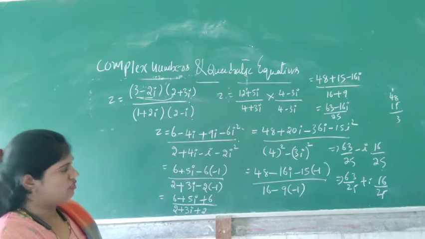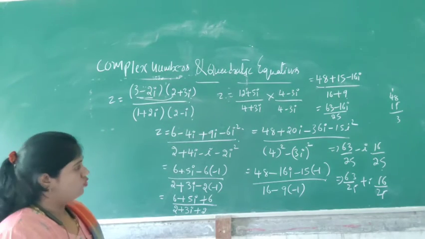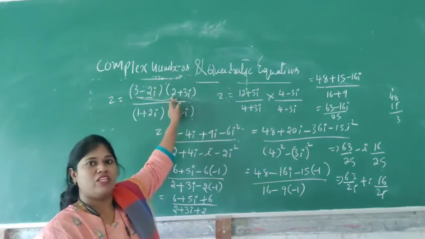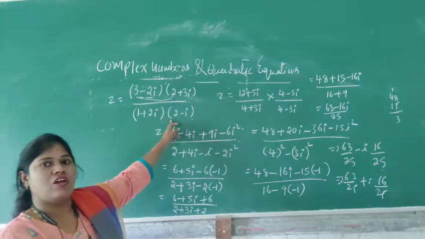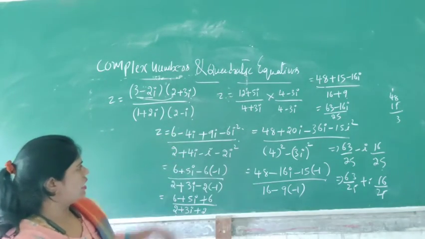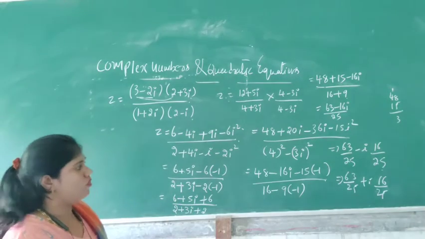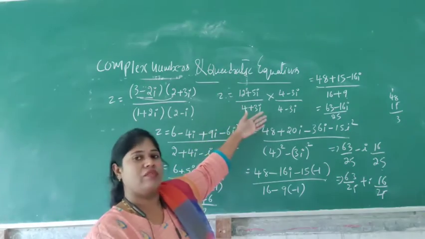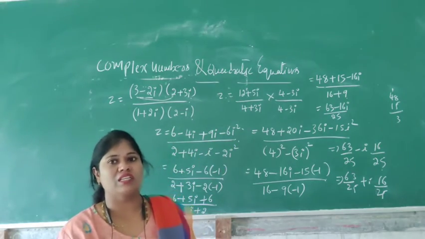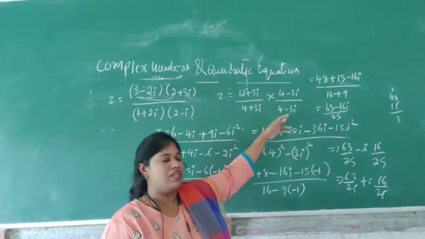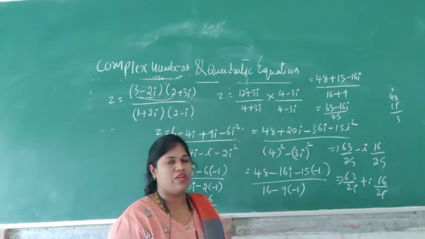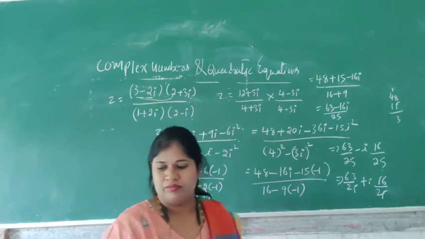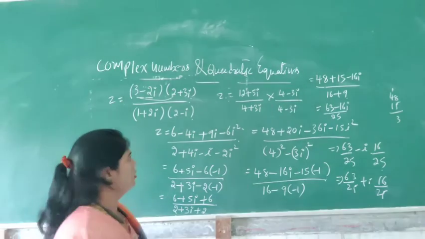The students practice this one only. Don't be confused over here. So multiply in the numerator, so in the denominator also you multiply. So you get like this. Okay, each term you multiply properly, slowly. So you will get like this. After this, you don't stop here only. Okay, you have to still rationalize the denominator. So rationalizing the denominator, simplify. Okay, you will get the conjugate of a complex number. Next.